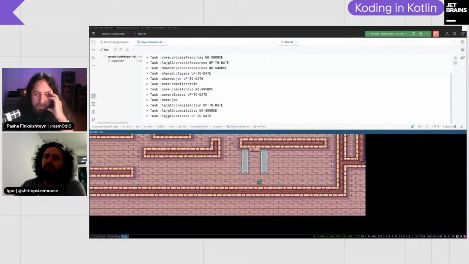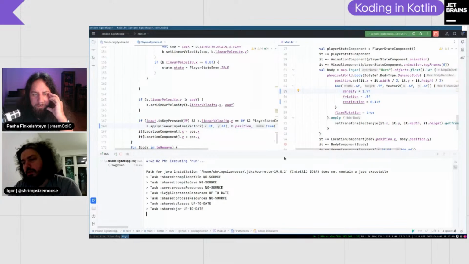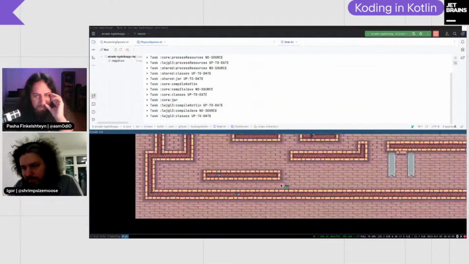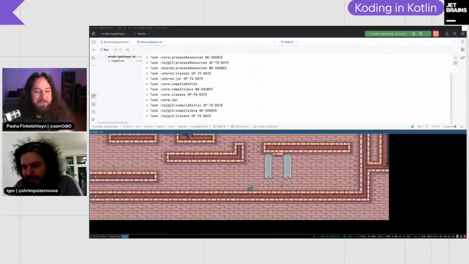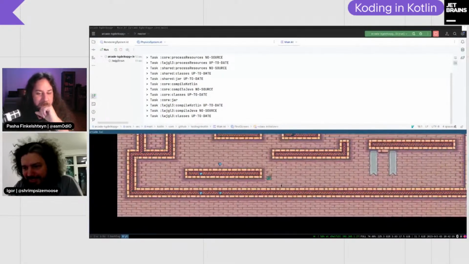Revert the density. Wait, and why does it jump now? Oh, you have reset it. Okay. This one should be really annoying, like you almost can jump.